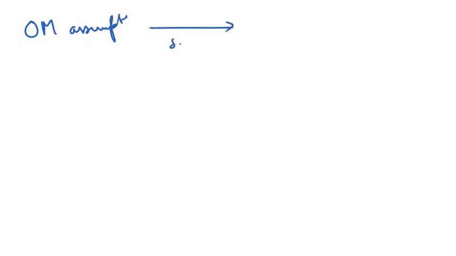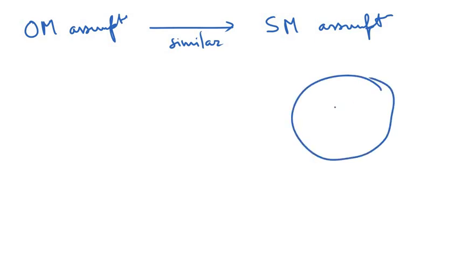Now, as I was telling, this optical model assumption is very similar to your shell model assumption. And what did we do? So basically in the shell model also we consider the nucleons. Remember what we do? If this is the entire nucleus, with individual nucleons, we consider